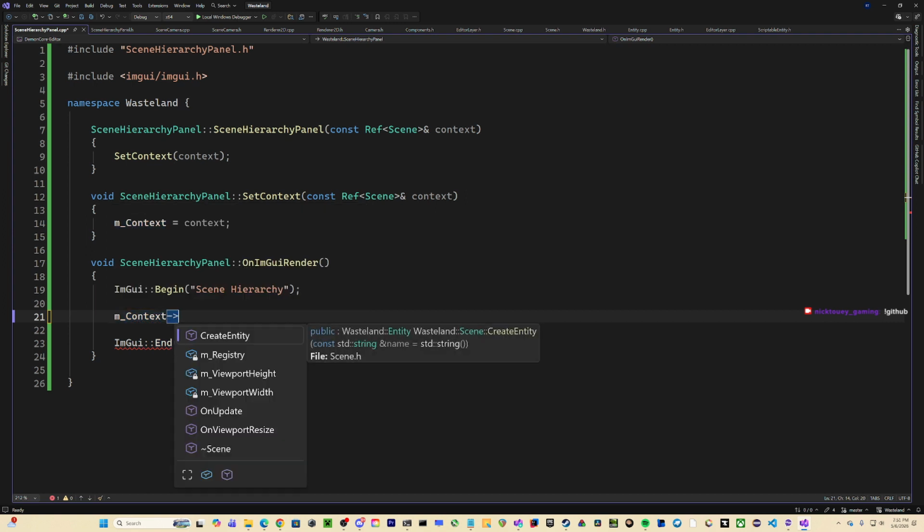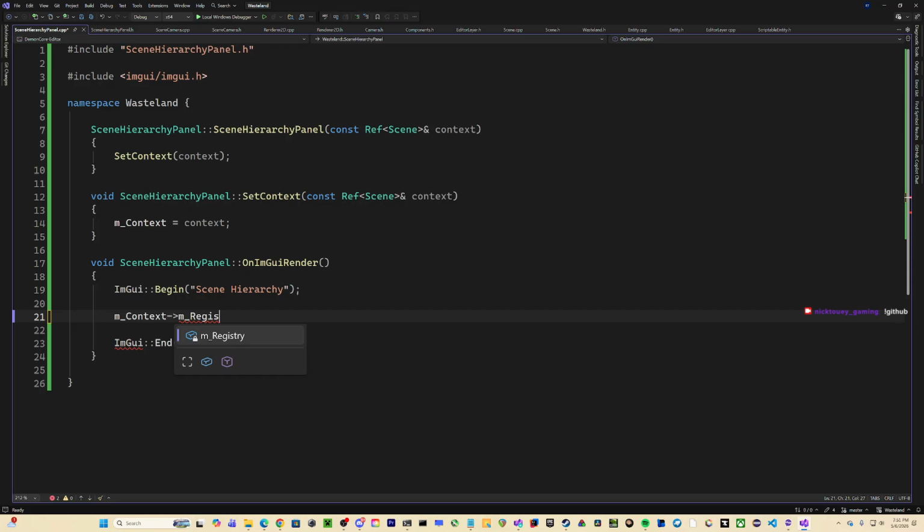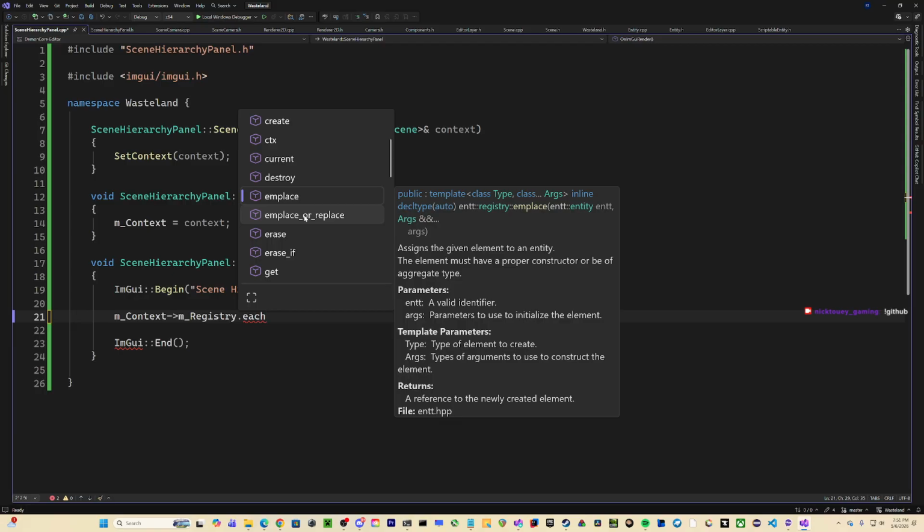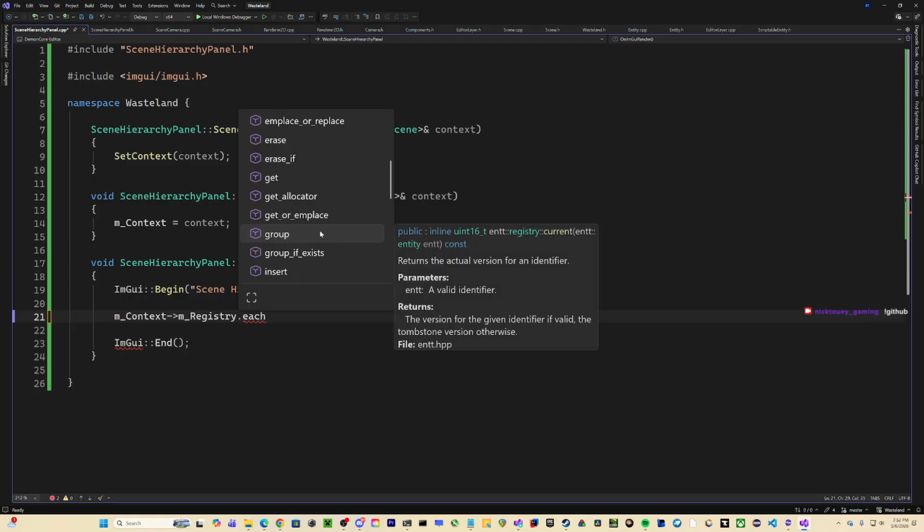Context. Registry is an entity thing. That does not seem to exist. Get? Race, no. Currents. Destroy.